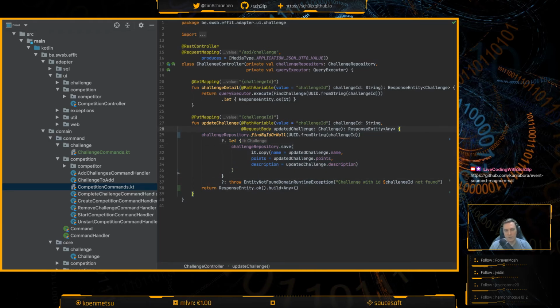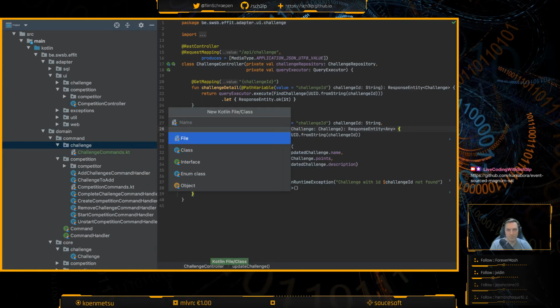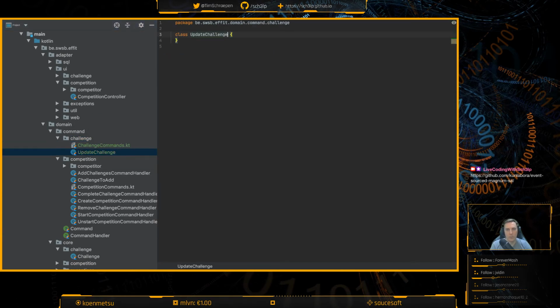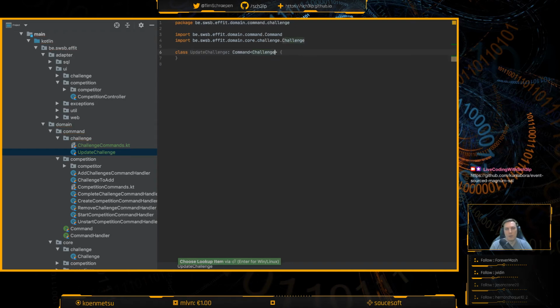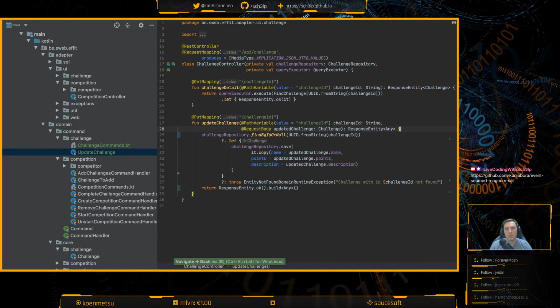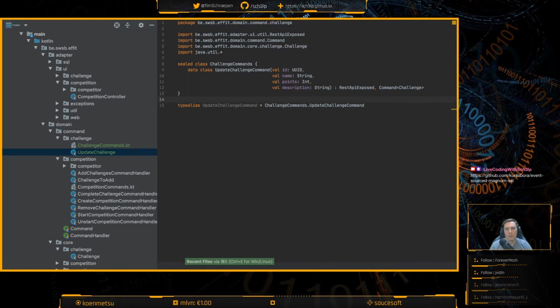You know, let's first create a command, in fact. Update challenge, which is a command which deals with challenges. Where are the challenge commands? How come this thing already exists? Oh, okay. Update challenge.